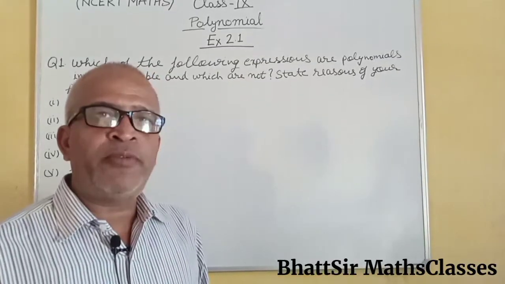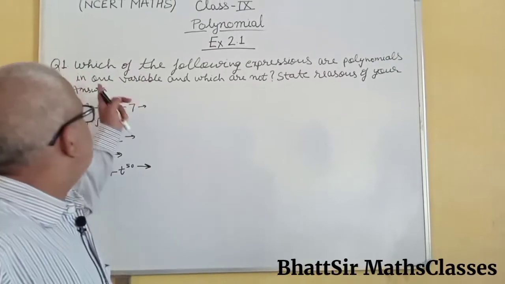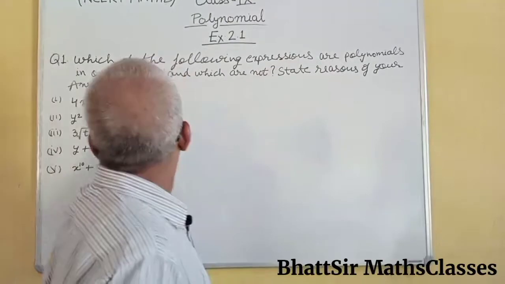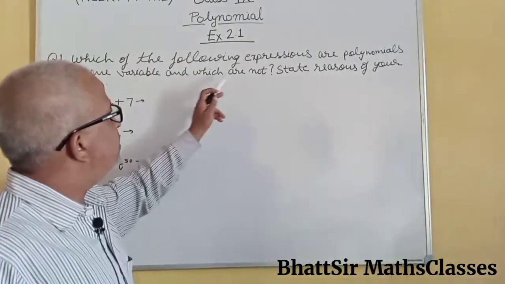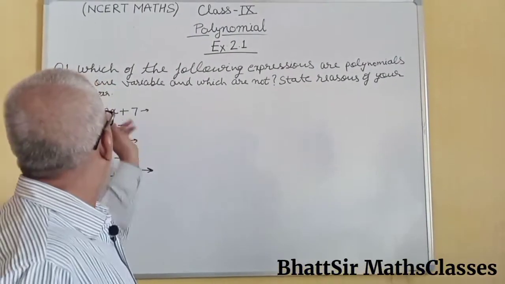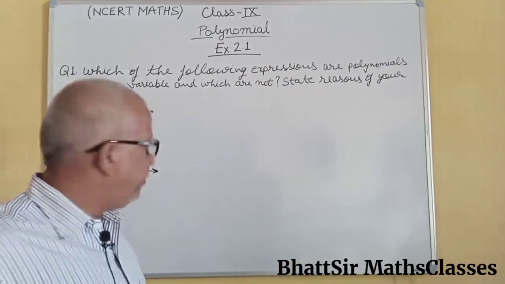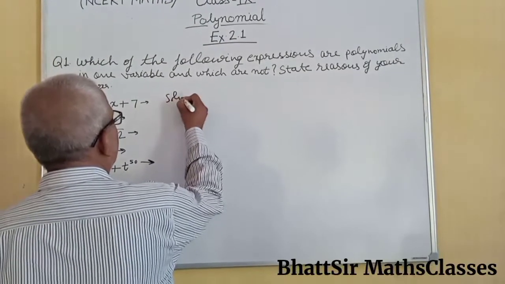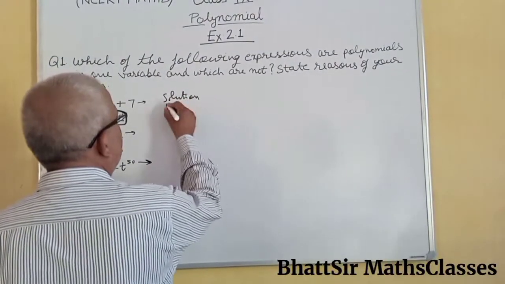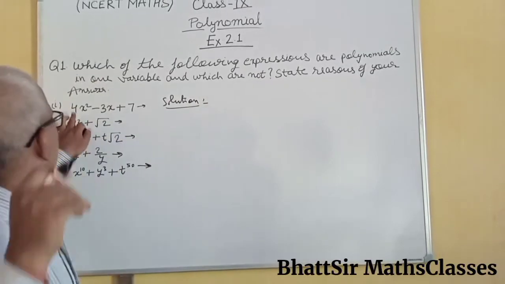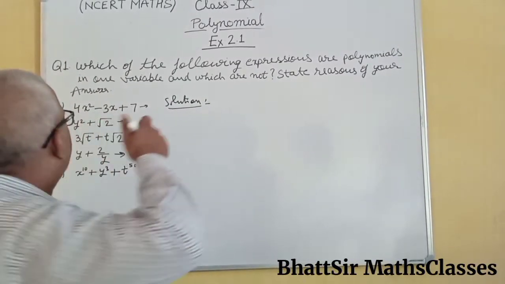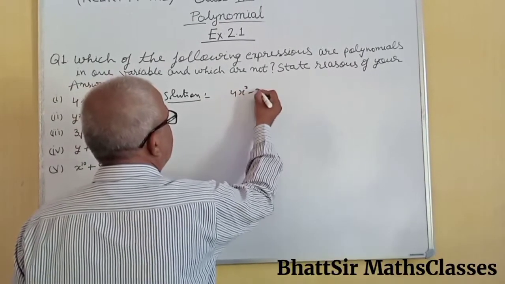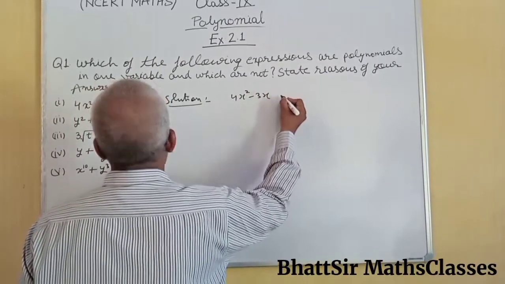I am attending question number 1. Which of the following expressions are polynomials in one variable and which are not? State reasons for your answer. So I am giving the solution of the first part: 4x square minus 3x plus 7. 4x square minus 3x plus 7